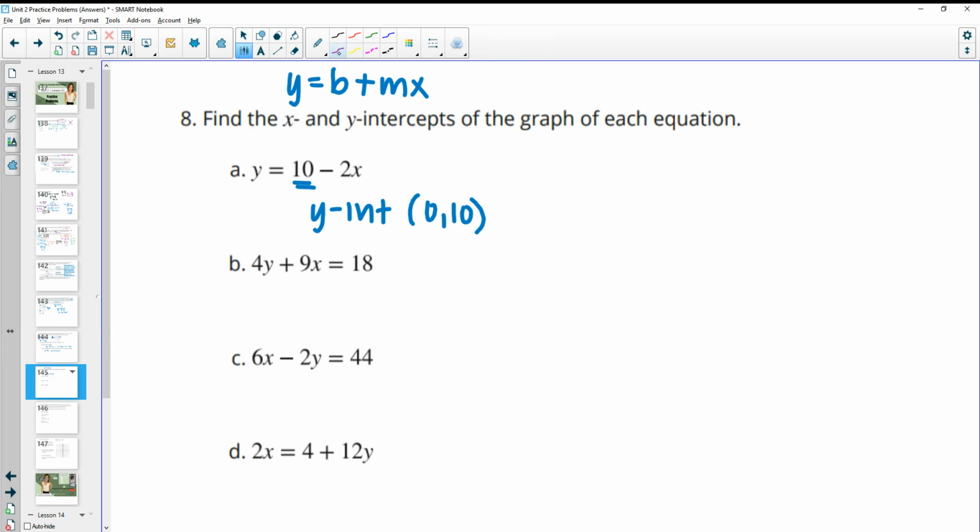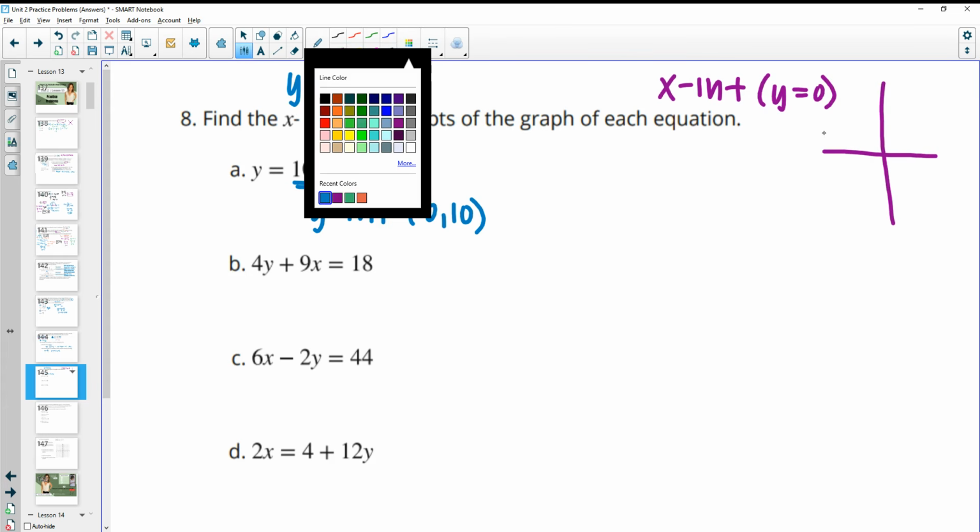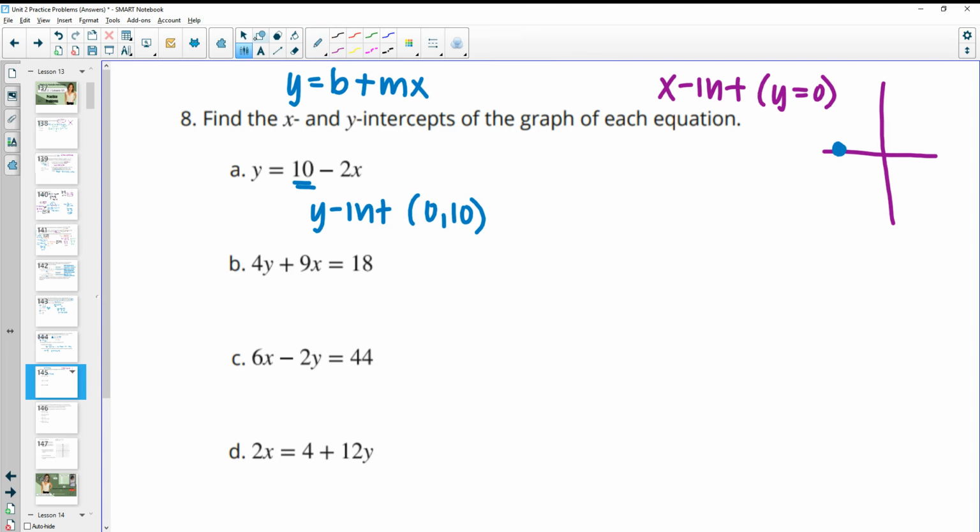So then we just need to solve for the x-intercept. And remember, whenever we're on the x-axis, the y-coordinate is equal to 0. So anytime you're on this x-axis, all of these points have a y-coordinate of 0 because you haven't gone up or down any. So if you're on this axis, y equals 0. So then we'll just plug in